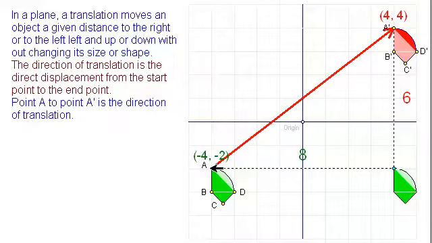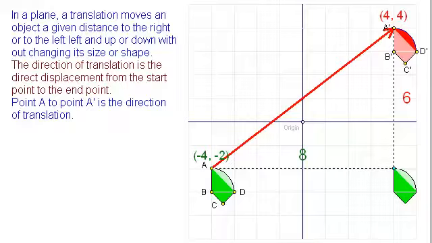So if we have to find the length of the direct displacement, which is from point A to A prime, we can find this using the Pythagorean theorem. So how are we going to do it? The length of the direct displacement from point A to point A prime can be found using the Pythagorean theorem,